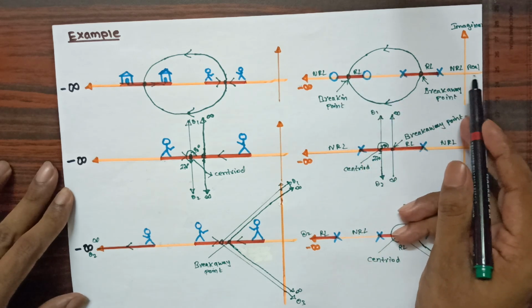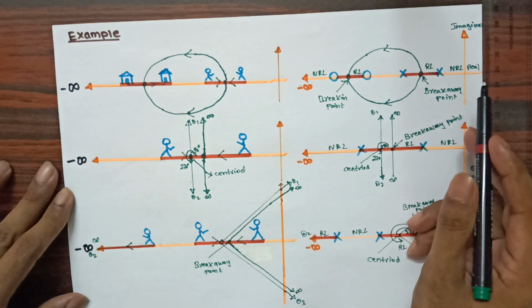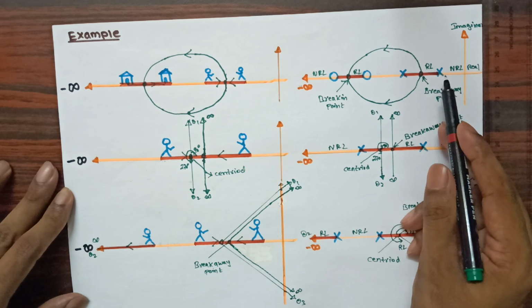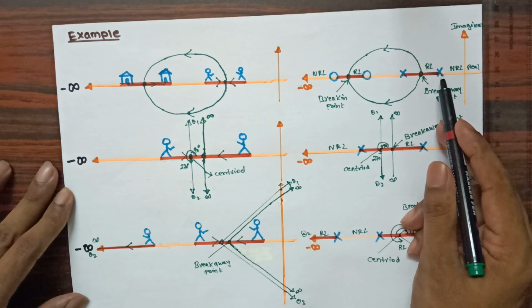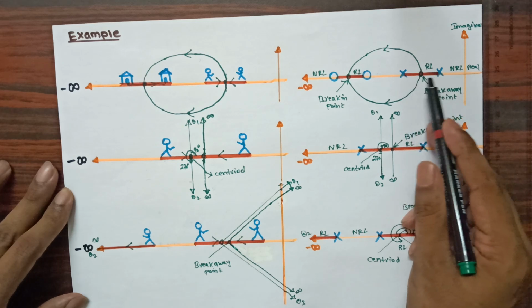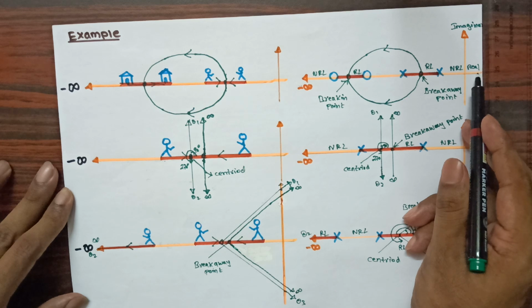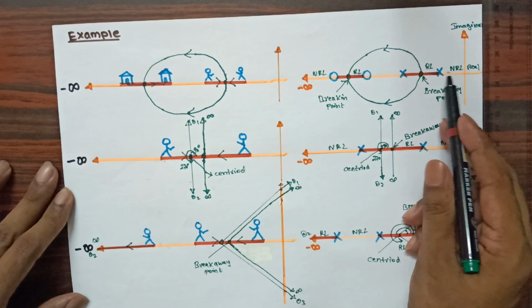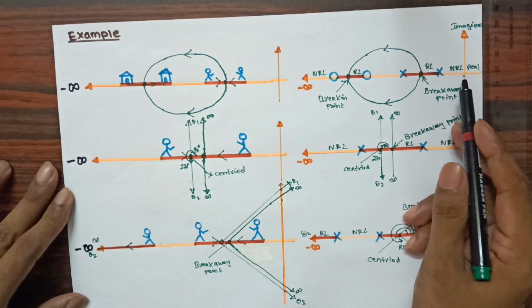To find the root locus path, we need to see the odd count of poles and zeros, and at this point I am getting an odd count. From here to here I am getting a root locus path, and there are no poles or zeros, that is an even count, a zero count. Therefore from here to here, no root locus path.